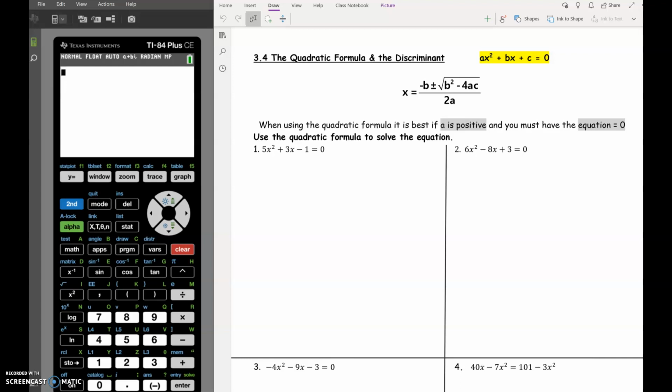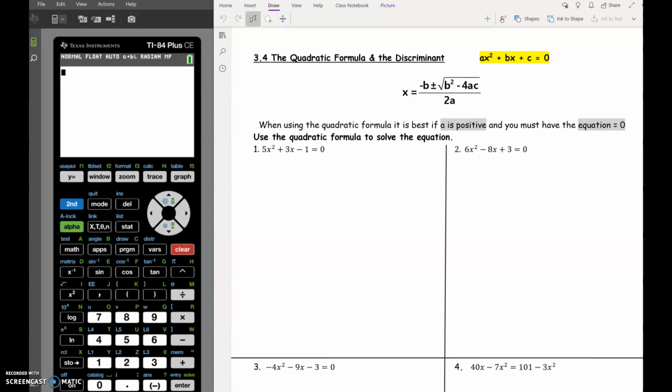Today we're going to talk about the quadratic formula, which will work to solve any quadratic equation that you have. If you don't want to factor, the quadratic formula would work. If you don't like completing the square, you can use the quadratic formula instead. So some people really love the quadratic formula because it works every time, as long as you follow a few